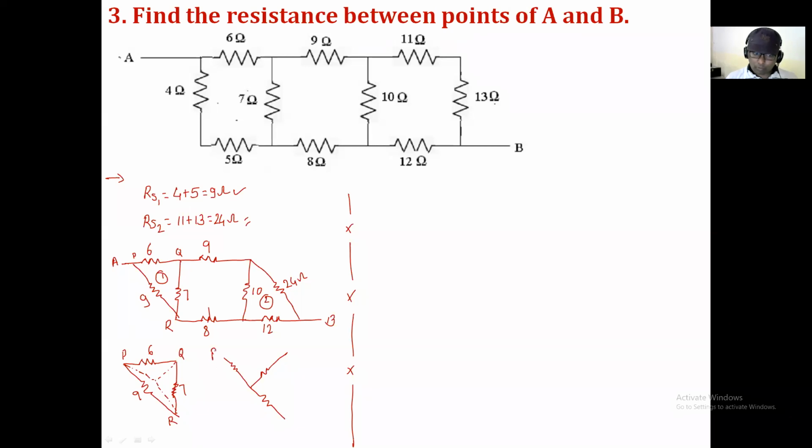See, this is your point P, this is your point Q, this is R. Let me assume that this is R1, this is R2, and this one is R3. Let's calculate R1. R1 is equal to, R1 is connected to point P. Come here at point P. Product of the two branches which are meeting at point P. So can I say 6 multiplied by 9 divided by the sum of the 3 resistors. So I say here 6 plus 7 plus 9. Can you give me this answer? Yes, please.